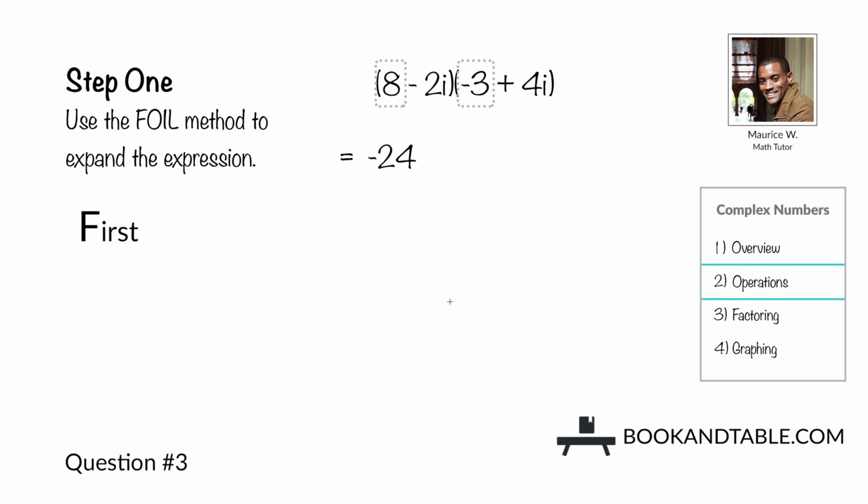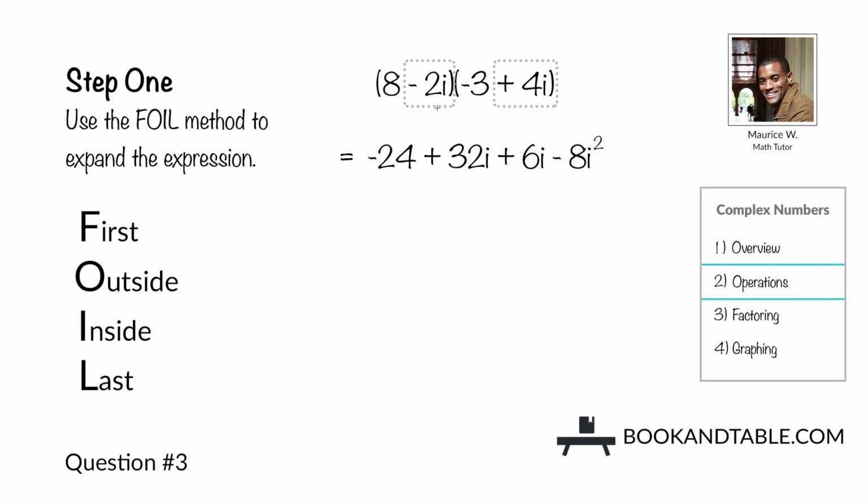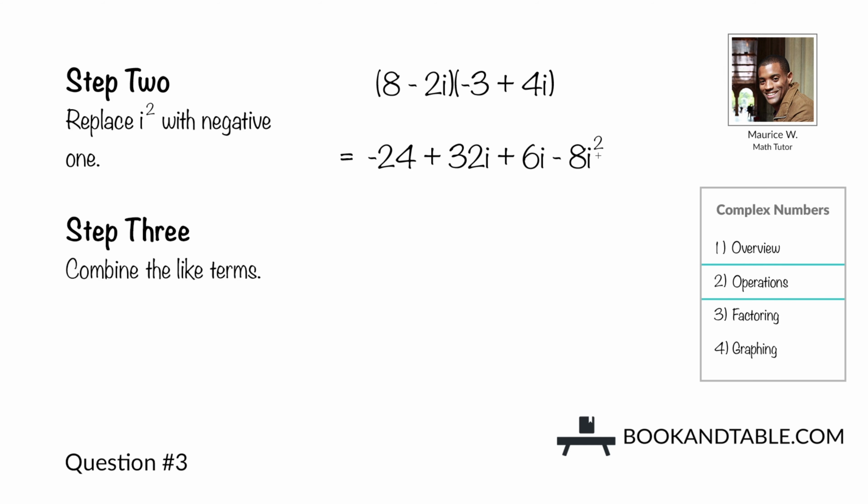Question number 3. You were asked to find the product of 8 minus 2i times negative 3 plus 4i. Since we're multiplying two binomials, we'll need to use the FOIL method to expand the expression. 8 times negative 3 is equal to negative 24. 8 times positive 4i is positive 32i. Negative 2i times negative 3 is equal to positive 6i. And negative 2i times positive 4i is equal to negative 8i squared. So now we'll want to replace i squared with negative 1, giving us negative 8 times negative 1, which is